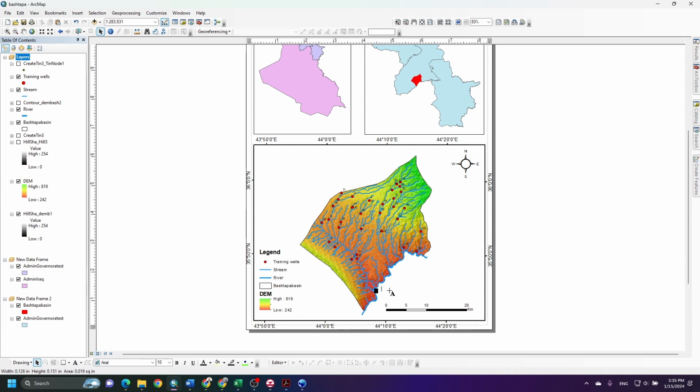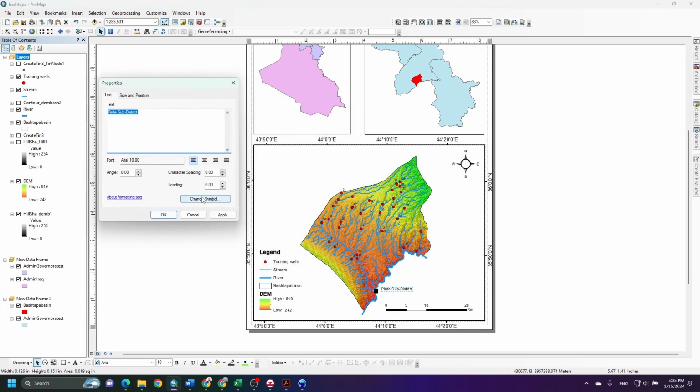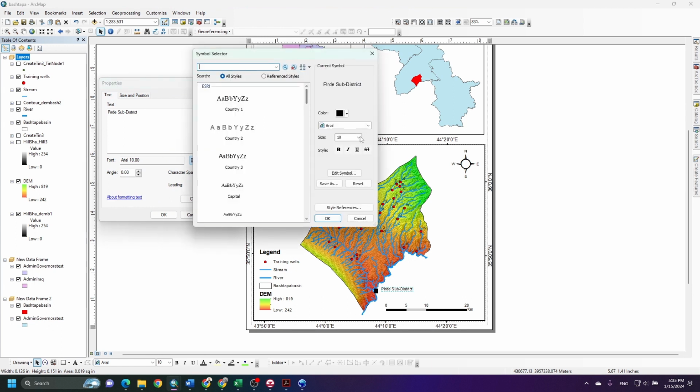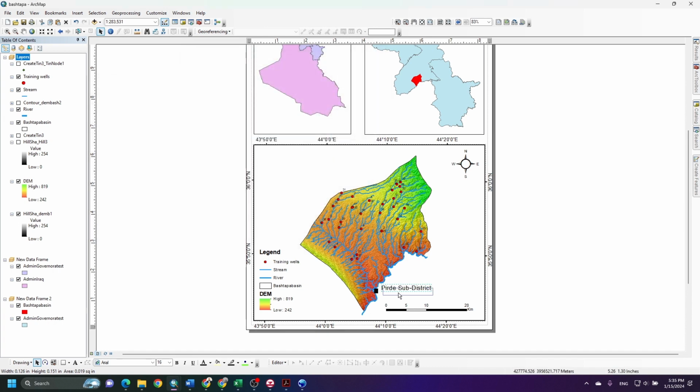Okay, now I want to write as a text, sorry, as a text, name it after, let's say, the sub district. Then you can right click to change the font size to be a bit bigger, and let's do like this. And easily we can name the river also,